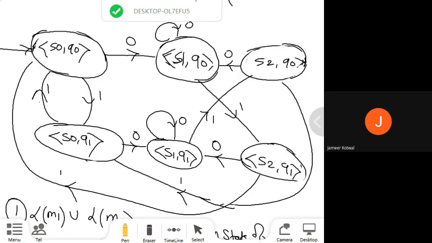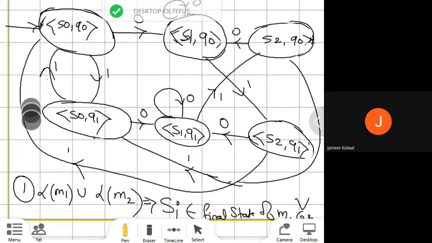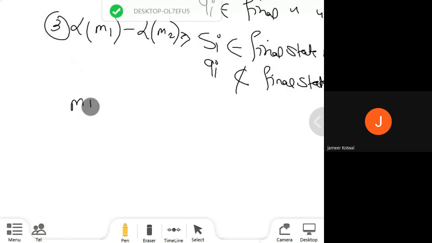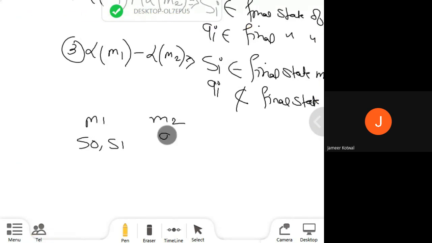Then in that case we check whether all of them come together, right. Consider in machine M1 there are 2 final states, one is S1 and one is S2, and the same as in machine M2, consider that Q0 is a final state. So in total we have 3 final states, that is S0, S1 and Q0. So I will draw here, it will be clearer for you. In machine M1 we have final states, consider S0, S1, and in machine M2 we have a final state, that is Q0.